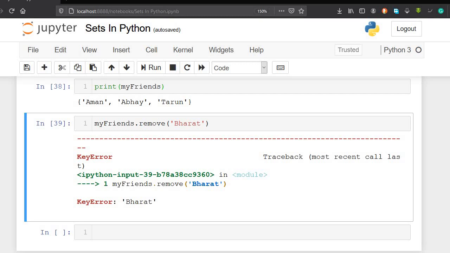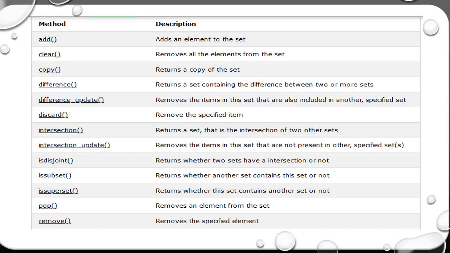So these are the basic and important methods that are used with sets. I will also provide you the list of the methods that are used in set. You can take the screenshot from here. And if you want, I will give you a detailed methods list and examples for each and every method in later videos.